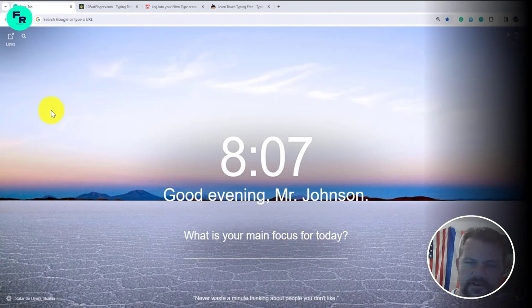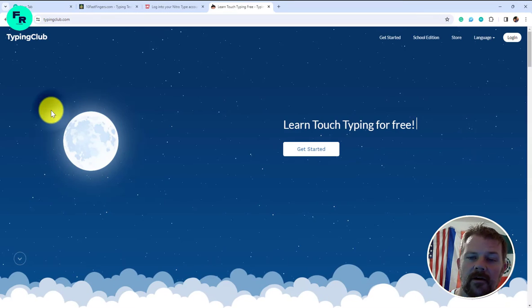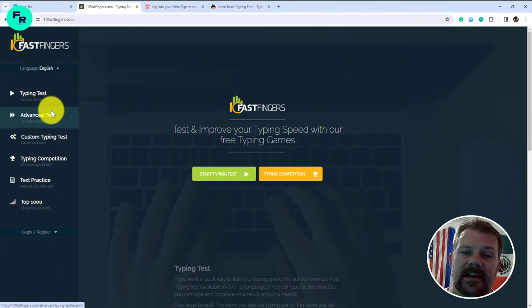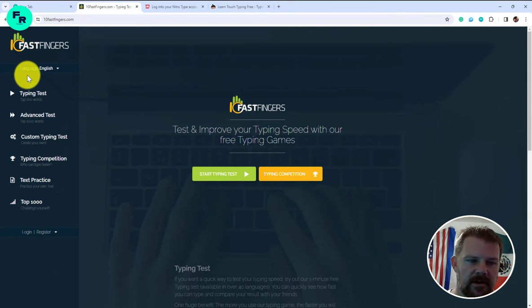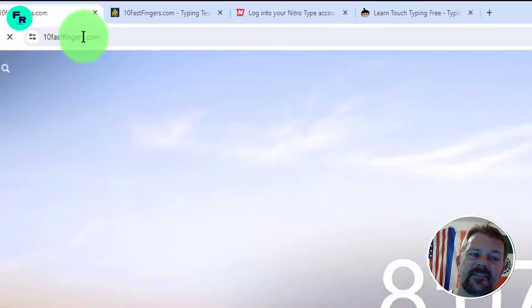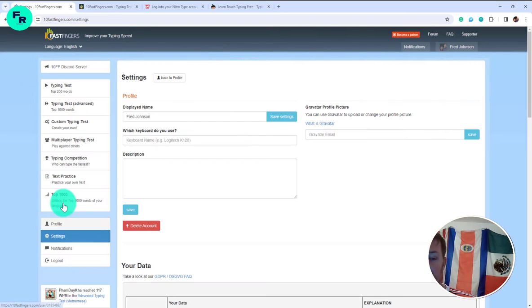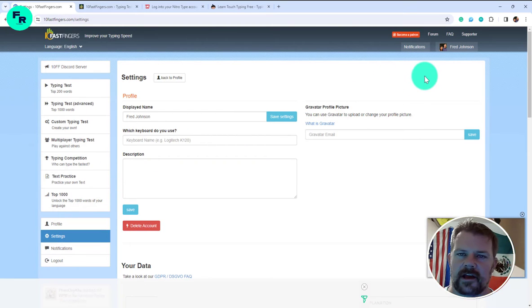So just a quick refresher. We talked in the first video about Typing Club. We talked in the second video about Nitro Type, and today we're talking about 10 fast fingers. So what you'll want to do is navigate in your browser to 10fastfingers.com. I think you have to log in, but it's very helpful so you can keep track of how you're doing. So I highly recommend you register if you haven't logged in, or if you have, just make a login. You can use your Google account. Very simple to make a login. And then once you're in,